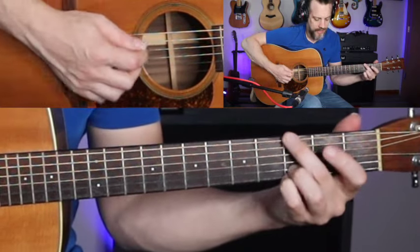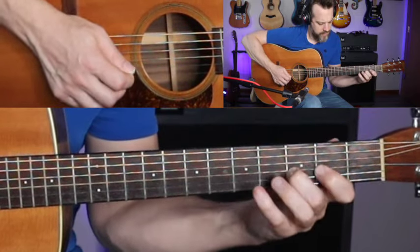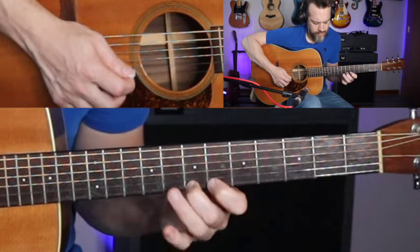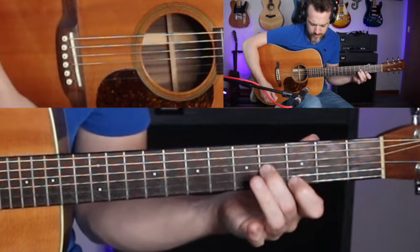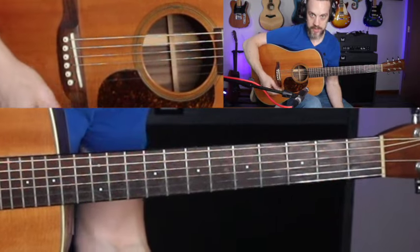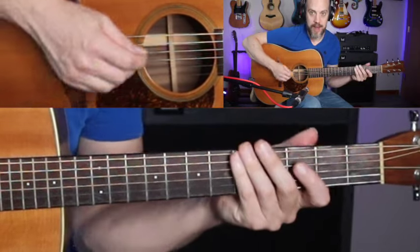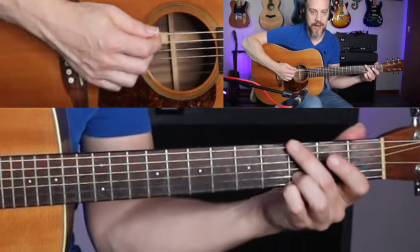Okay, so we'll try it again here. Like the licks that we've played before, it's mostly alternate picking through this, but this one has a lot of slides in here, and it's a great position shifting run, as well as a great lick to practice for your picking as well. So we'll do...